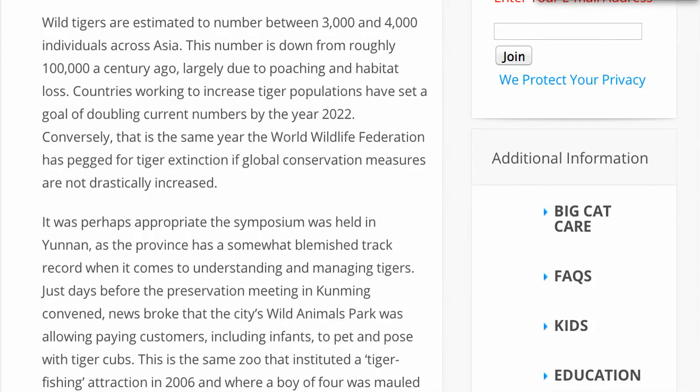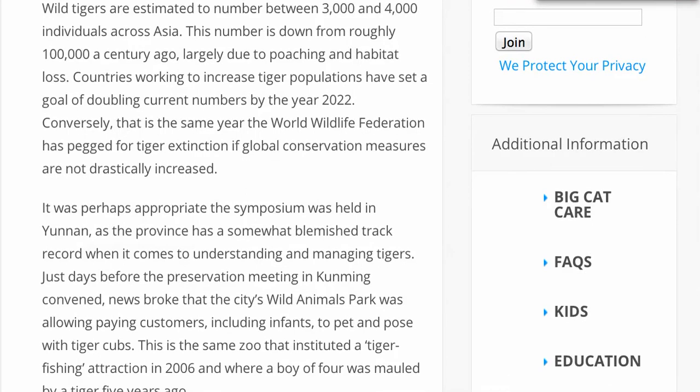Wild tigers are estimated to number between 3,000 and 4,000 individuals across Asia. This number is down from roughly 100,000 a century ago, largely due to poaching and habitat loss. Countries working to increase tiger populations have set a goal of doubling current numbers by the year 2022. That would be us, the International Tiger Coalition. Conversely, it is that same year the World Wildlife Federation has pegged for tiger extinction if global conservation measures are